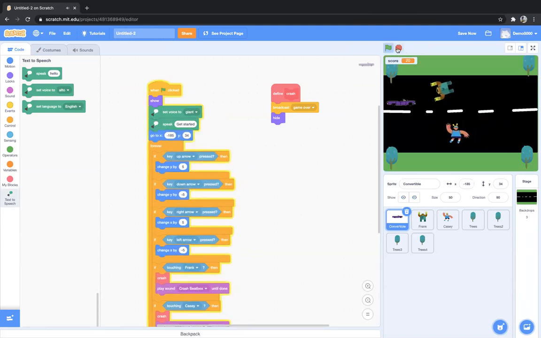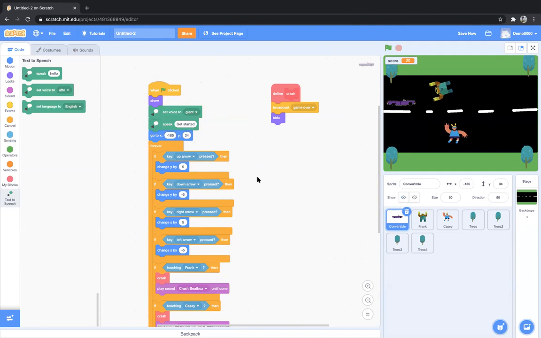Okay. Is it clear, the use of this text to speech? Okay, great. Okay, what else? How to give sound to the moving car. Okay. Can we make the car start from the right end? Yes, you can make the car start from the right-hand side.